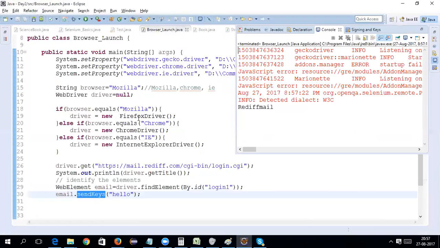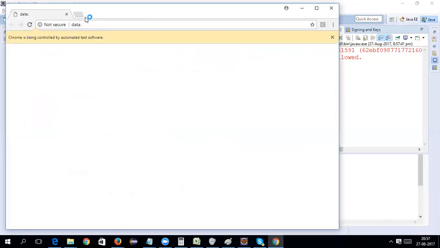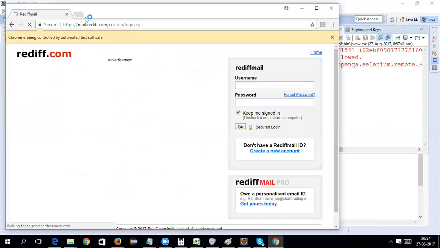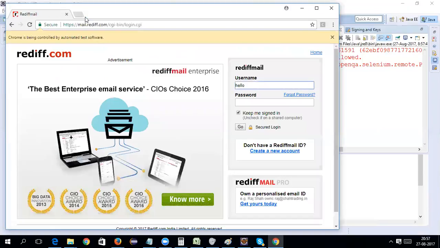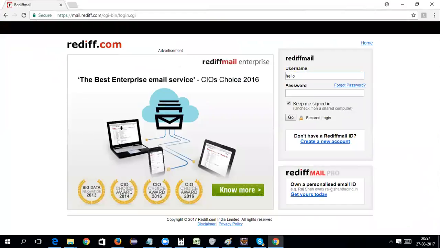Even if I run the script in Chrome, this script will work because the page source remains the same across different browsers. I had investigated it on Mozilla, but it is also working on Chrome, because on Chrome also the ID will remain the same. If you want to inspect the elements on Chrome, then you can right click on the text field